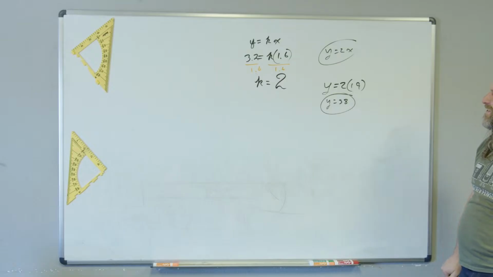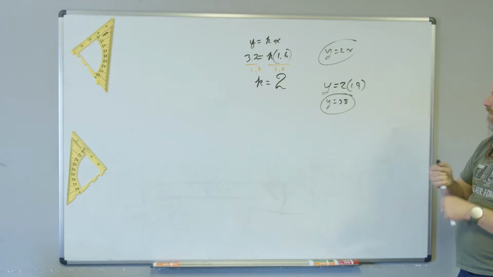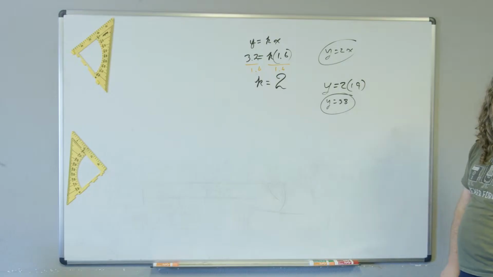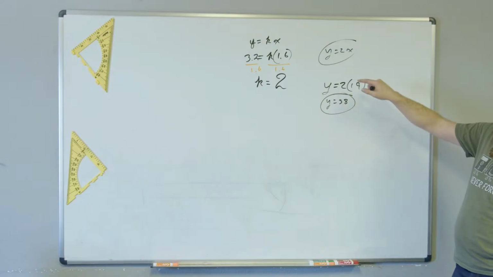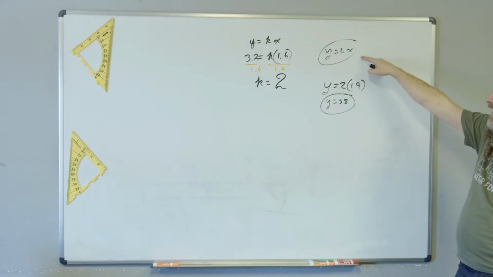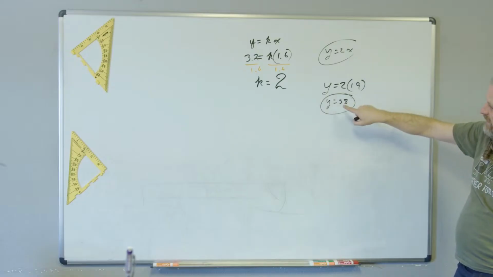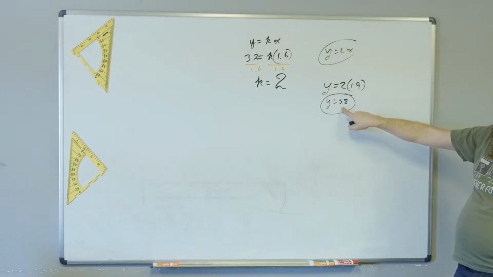2 times 19 is 38. So how do you say the answer to this? Because I was kind of confused. This is what I got. The things I circled are the answers. a equals 2 and y equals 2. I don't even know the answer anymore. Yes, and this is the answer, because it asks two things. It asks for the direct variation equation, that's this one, and it asks for what is y when x is 19, that's this one. I circled a equals 2 and y equals 38 and I got the right answer. You just circled the wrong things.